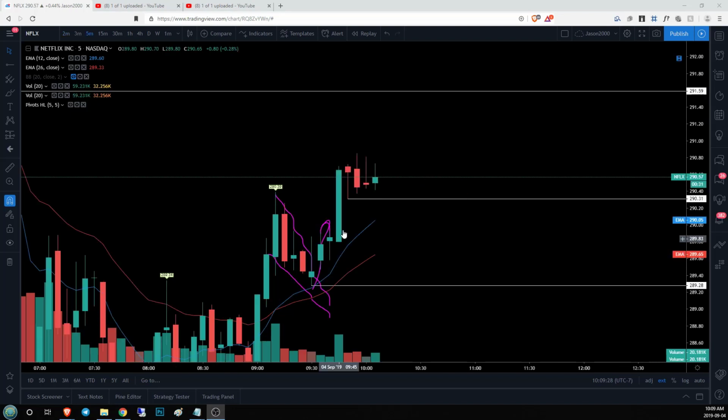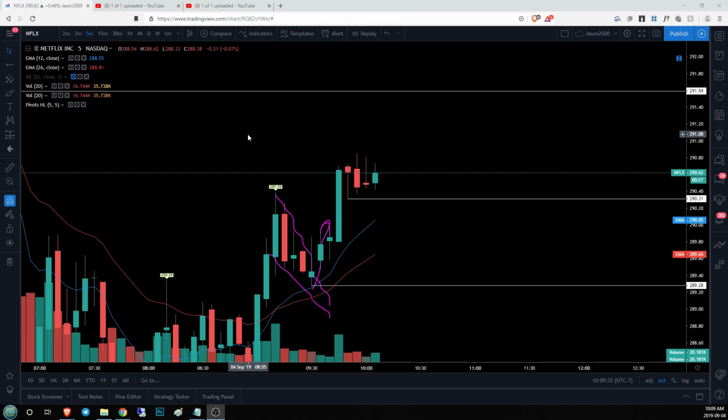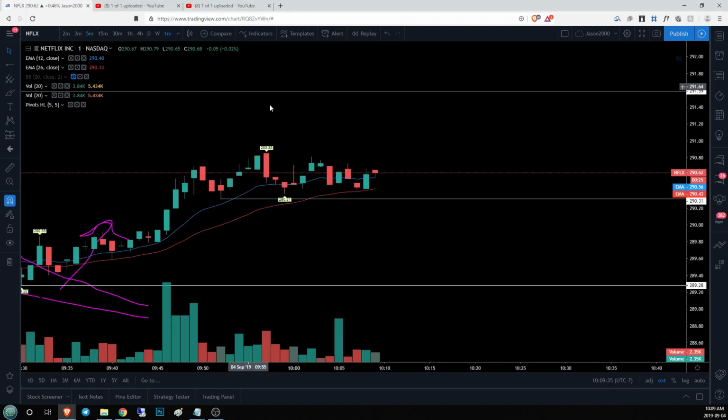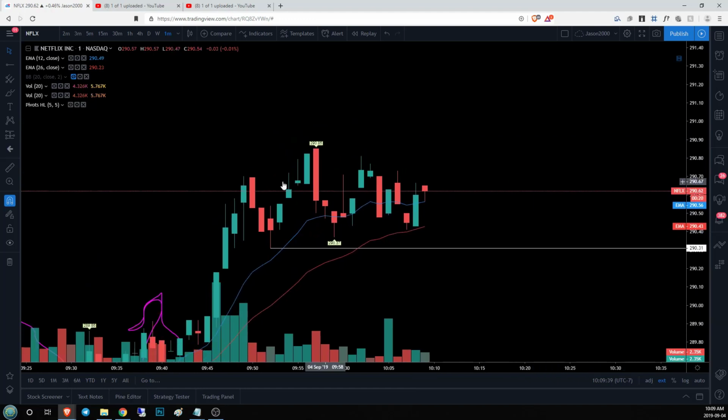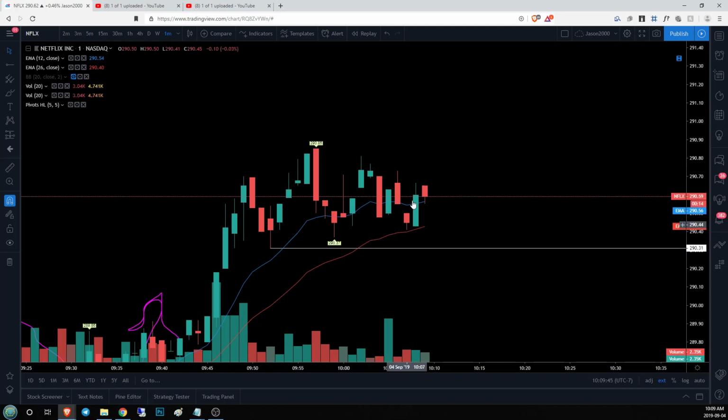All right, so watching the 5-minute time frame, things are slowing down a little bit right around that 2-minute overbought level. Now, what's interesting is if you go to the 1-minute time frame, things start to look kind of familiar again, don't they? So here's our low, high, higher low, lower high, higher low. You get the idea. Possible 1-minute EQ setting up.